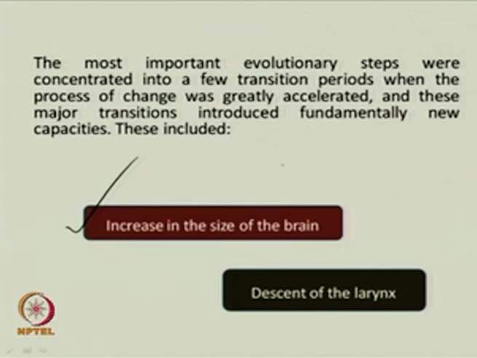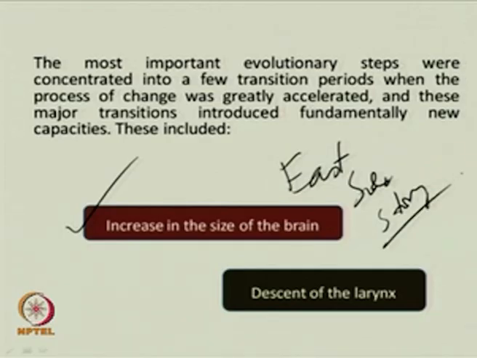There is something called the East Side Story, which you have heard of. The East Side Story, as you know, holds that we, the human species, okay, the human race, originated in Africa,